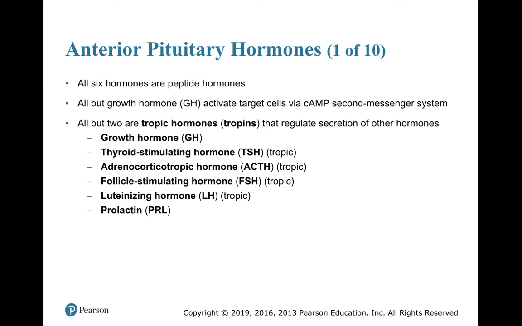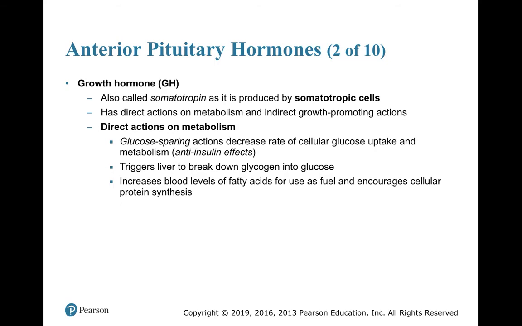And the TSH, ACTH, FSH, and LH are tropic hormones. Growth hormone is also called somatotropin. It's produced by somatotropic cells, has a direct action on metabolism, and indirectly it promotes growth. Its direct actions include glucose-sparing actions that decrease the rate of glucose uptake and metabolism, so it would have anti-insulin